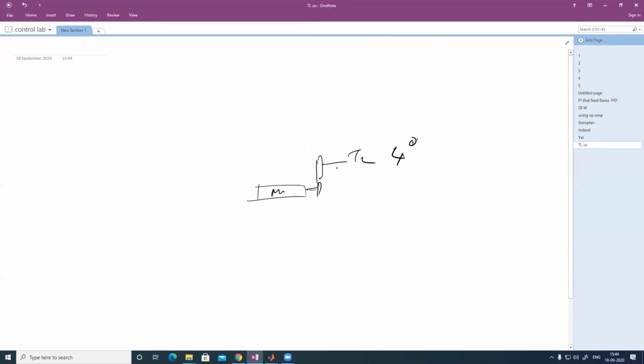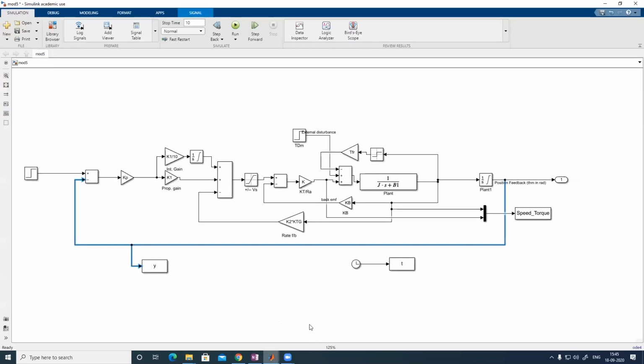So that corresponding here is multiplied by that gear ratio. So 4 degree corresponding here is 4 into this gear ratio, 398. So 4 into 398 is in degrees. You have to convert that to radians, so that is multiplied by pi by 180. And that is why that value is coming. In the motor side only you have to, because you are simulating with respect to this motor side only. Okay, this whole block diagram is for motor only.